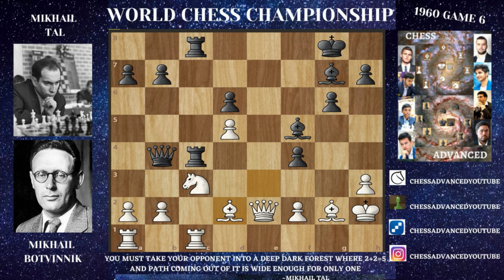here this amazing queen captures on b2, and this queen captures on b2 is definitely one of the most amazing bluffs that I've ever seen in chess, because here you could actually go for this rook to b1. And even this bishop captures comes with a threat, but it's not really a threat, because here Botvinnik went for the best move. He went for this rook to b1, but here Tal just shows why he's Tal,